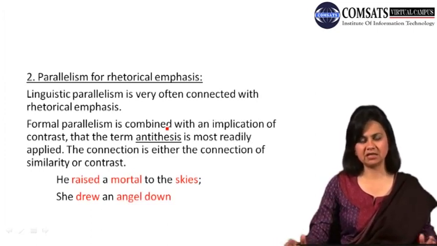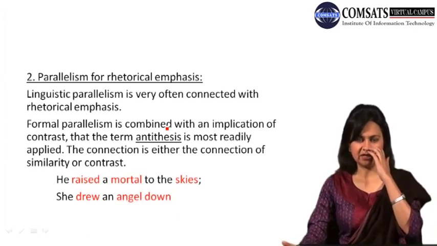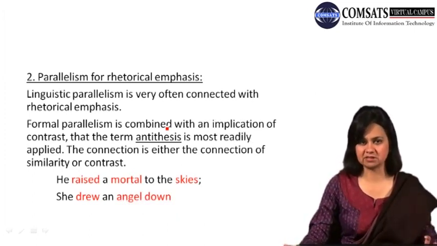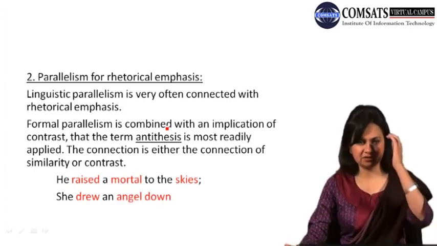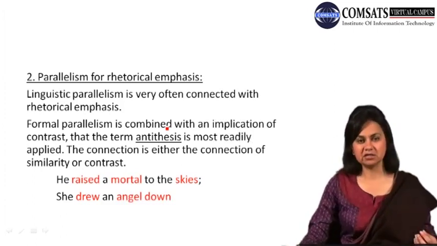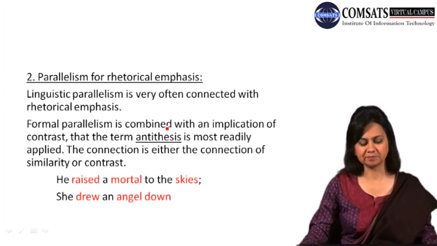For example, dark and light would be put together to make the reader see what is more positive or what is negative or evil. So look at this example that would highlight how, for the sake of rhetorical emphasis, a writer or a poet would put contrasting or antithetical ideas together apart from the similarity that he has tried to enact in the writing. Observe this example that states, "He raised a mortal to the skies, she drew an angel down." It's easy to remember this line. He raised a mortal to the skies and she